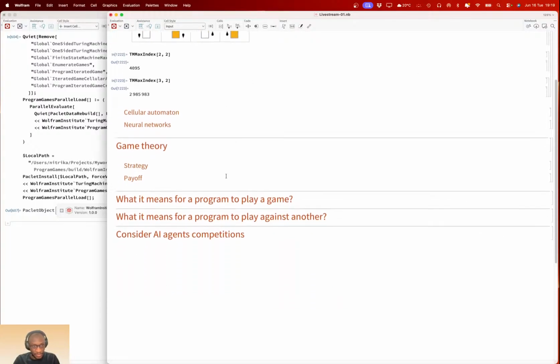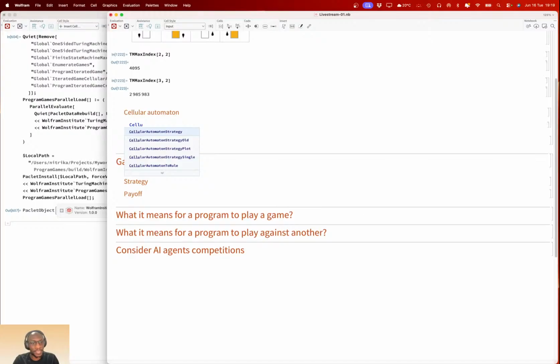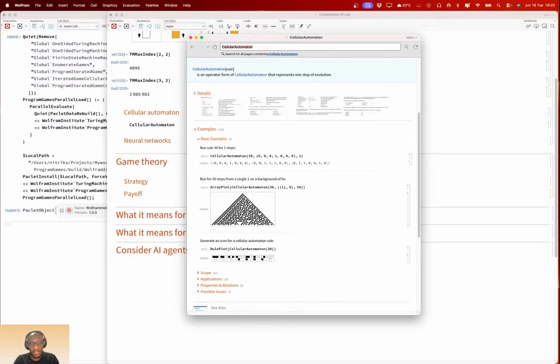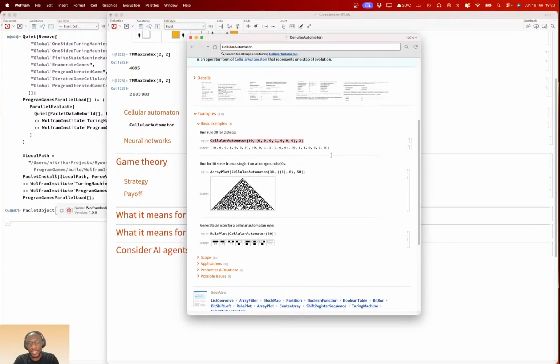to study games, right? And then we have cellular automata. Cellular automata is another program we can use to study games in a game theoretic sense. We have functions in the Wolfram language that can plot what a program looks like. For example, you give it the program, rule 30, then an initial condition, and then the number of steps you want to evolve rule 30.